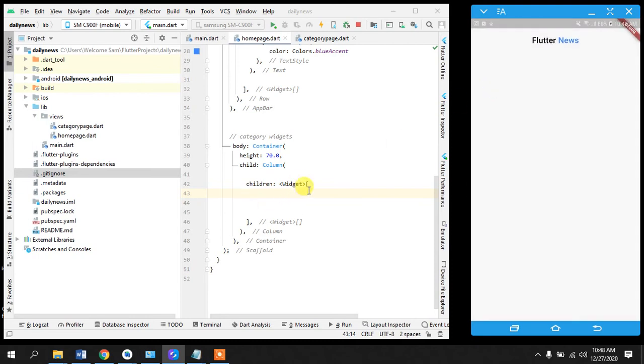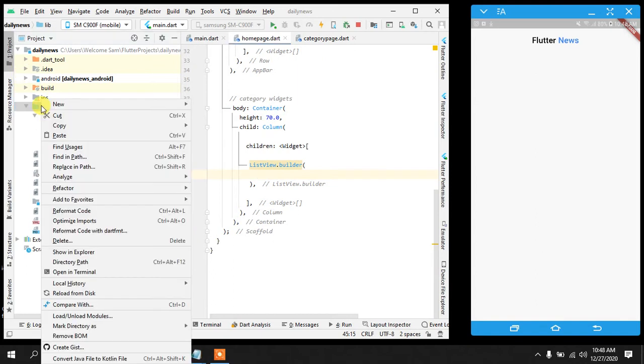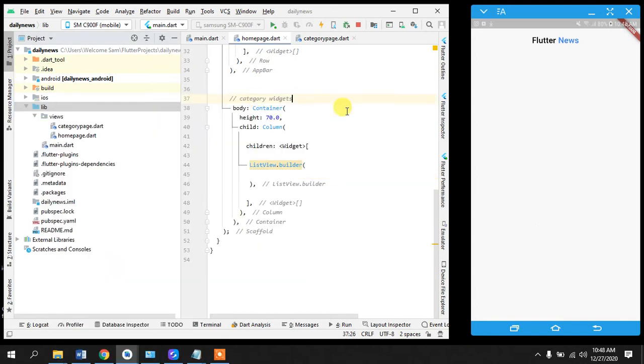So here what we will do is we will take a list view builder, and so here we will come later to this. So first of all, we have to create our list, the data that we want in the list. So we will create another folder. Just leave this here for now. I know you don't understand this part because obviously we need data first to display it, and then we can